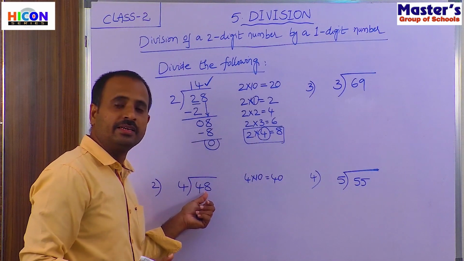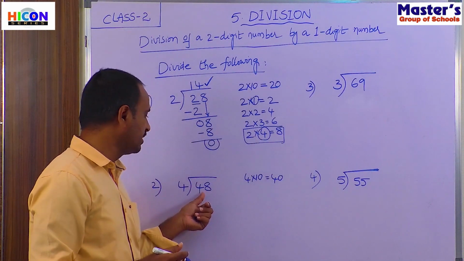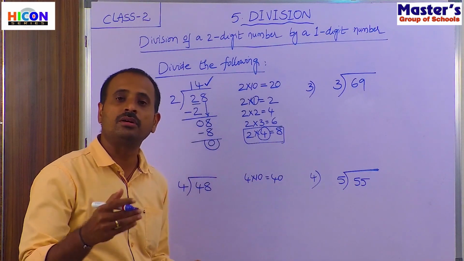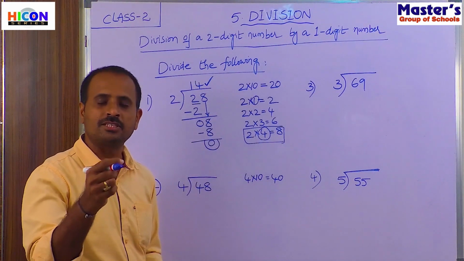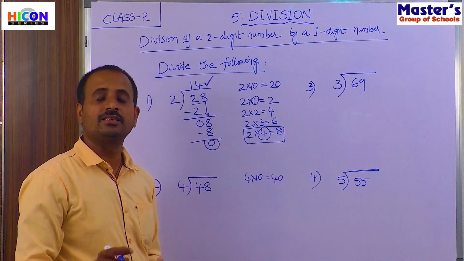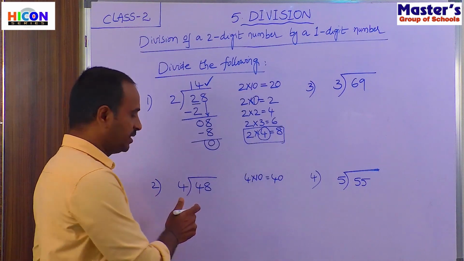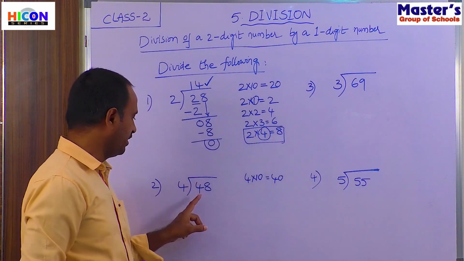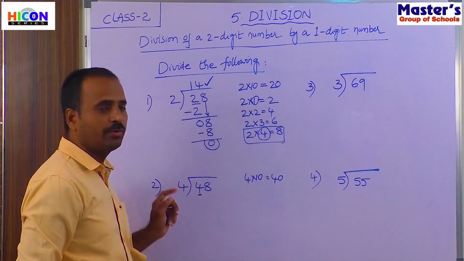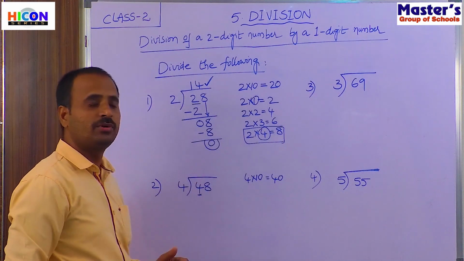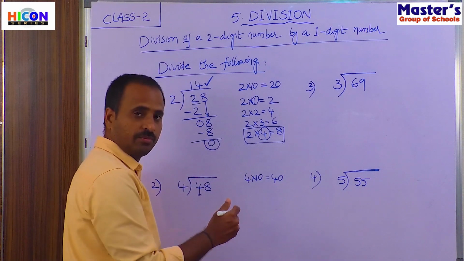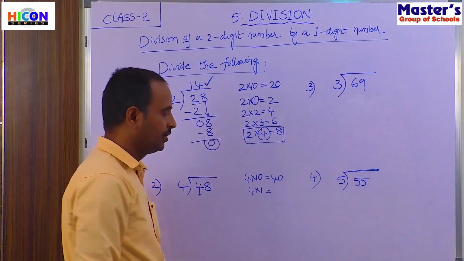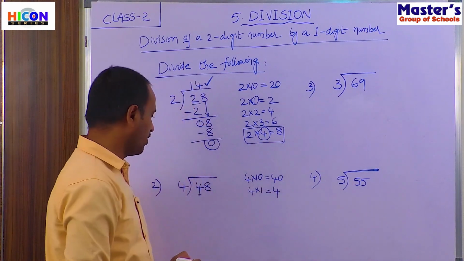If the given dividend is greater than 10 times the number, then we have to start division by taking each digit separately. So let us take the first digit. What is the first digit here? 4. Now take 4 and find when the number 4 comes in the fourth table. 4 ones are 4. We have got the number 4.